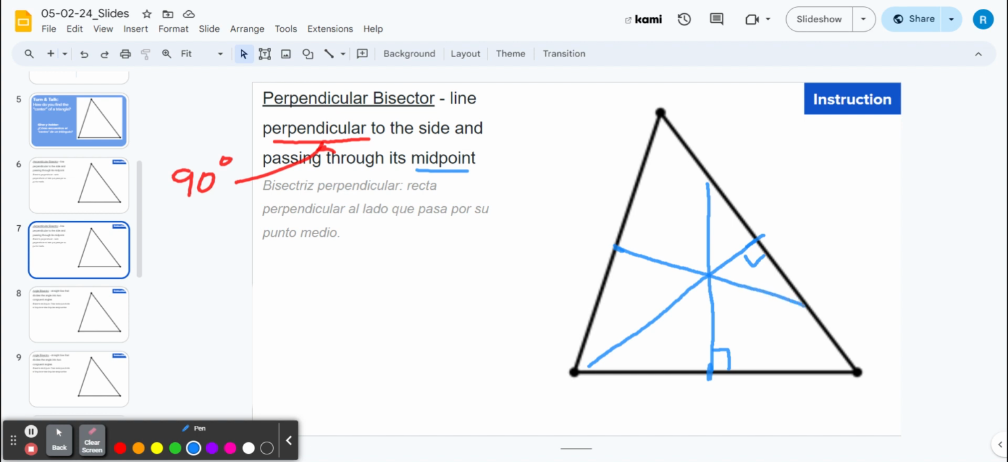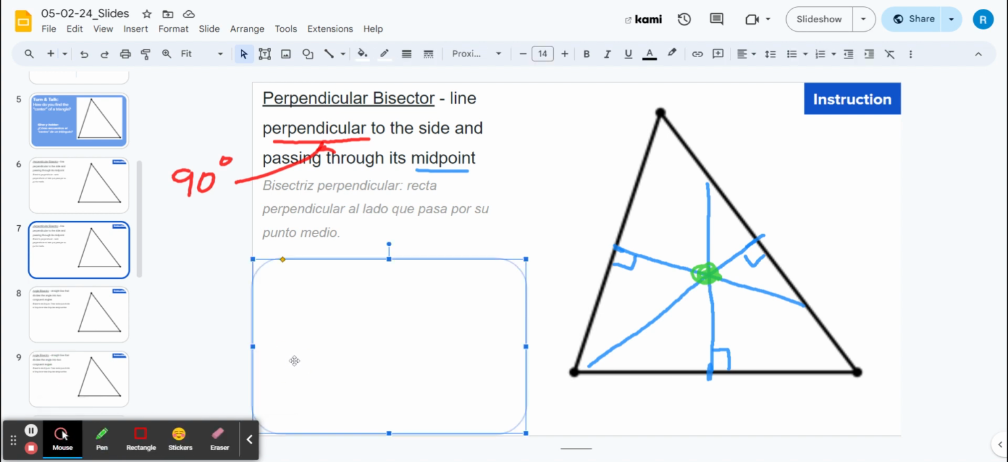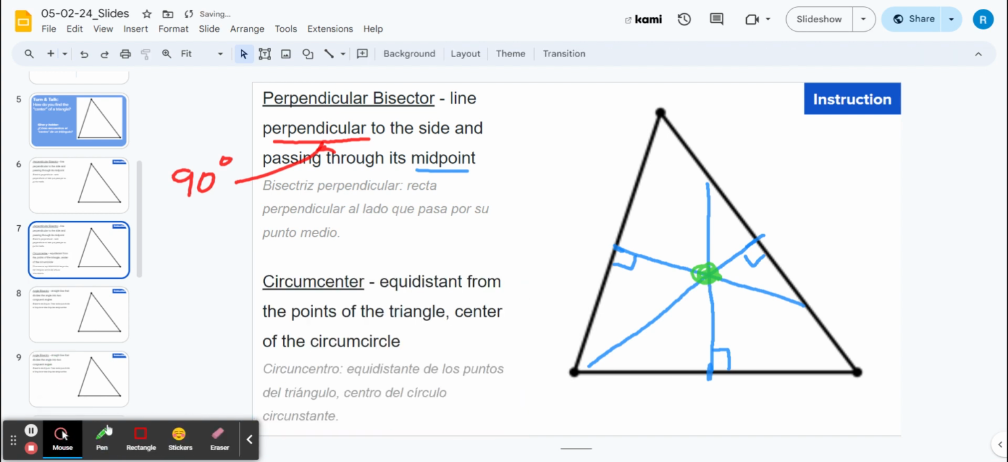from that, you're going to notice that all three of these lines intersected on the same exact point. Okay, this point here is called our circumcenter. And what it's going to do is create a situation where we're equidistant from all the points of the triangle. Okay, so this point here,